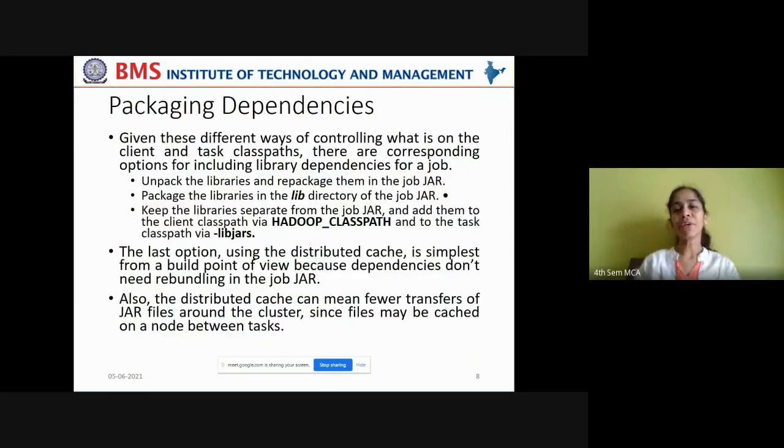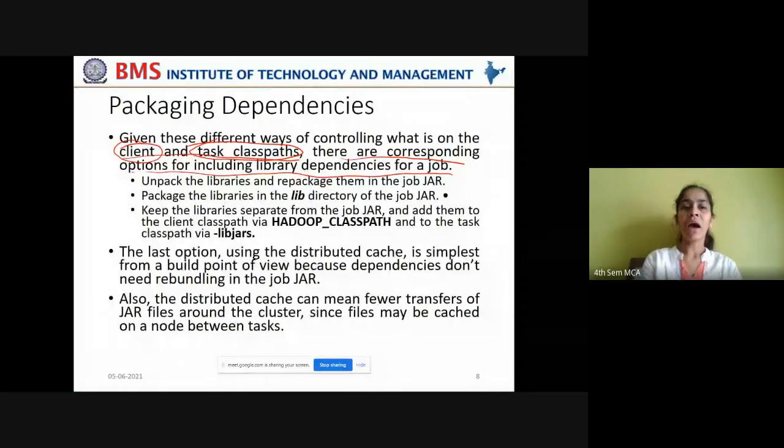Now, given these different ways of controlling what is on the client and task classpaths, on the client side, you don't have this extra distributed cache. But on the task classpath, you have this additional distributed cache in order to make it more efficient to repeatedly execute a job using a Java archive file. There are corresponding options for including library dependencies for a job.